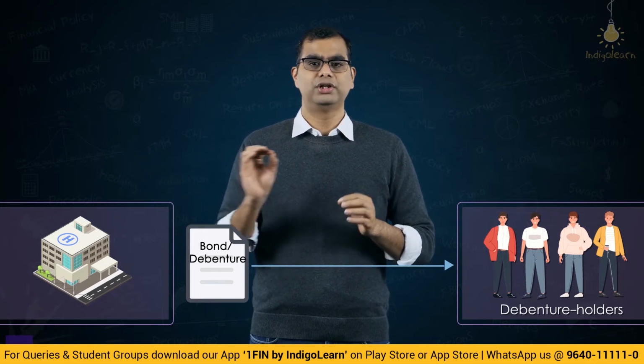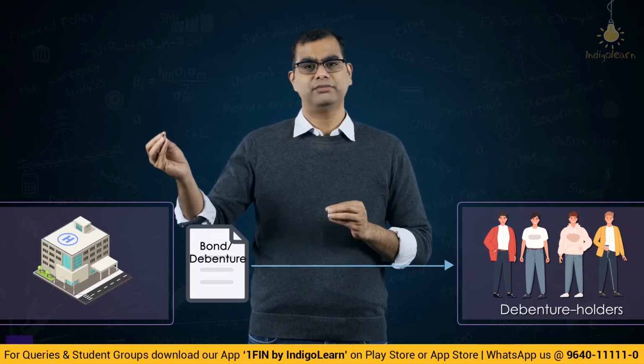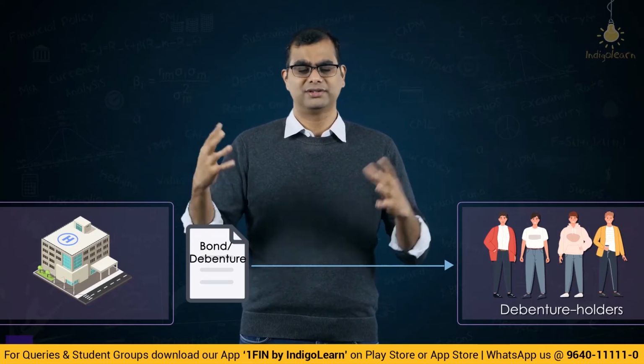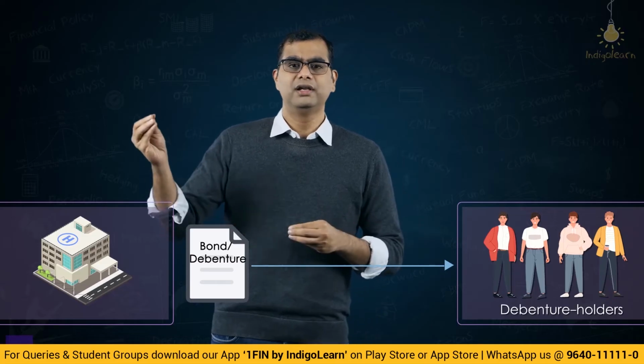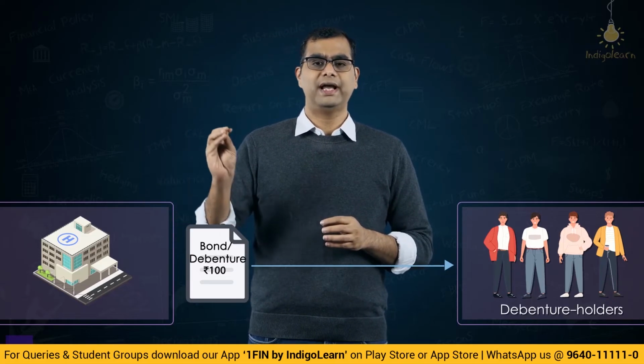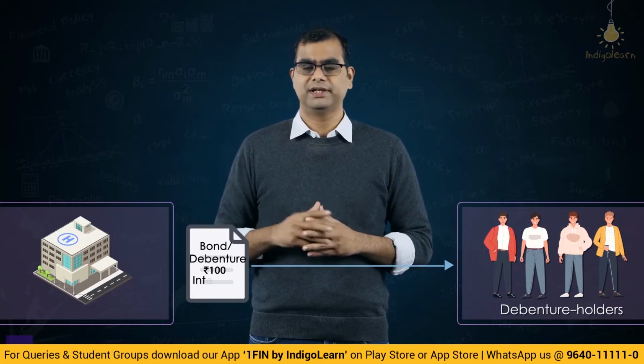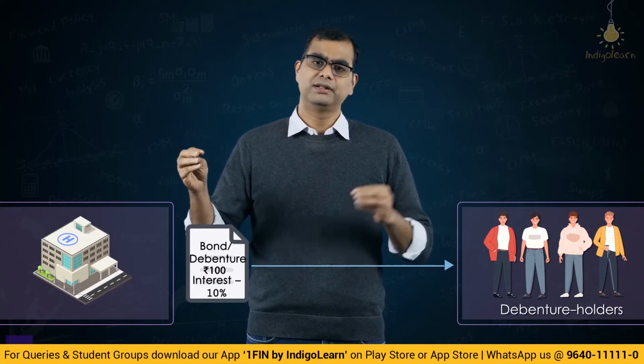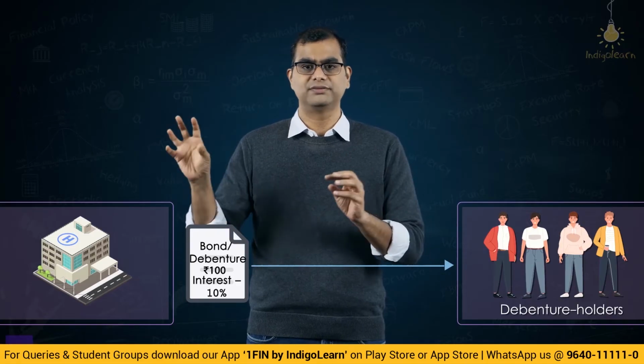The company has issued debentures of, let us take only one debenture because that makes the calculation simple. Let's take only one debenture of 100 rupees. Okay, this 100 rupees is issued and the interest rate, let us say, is 10%. At the time of issue itself, it is 10%. The market interest rate is also 10%.